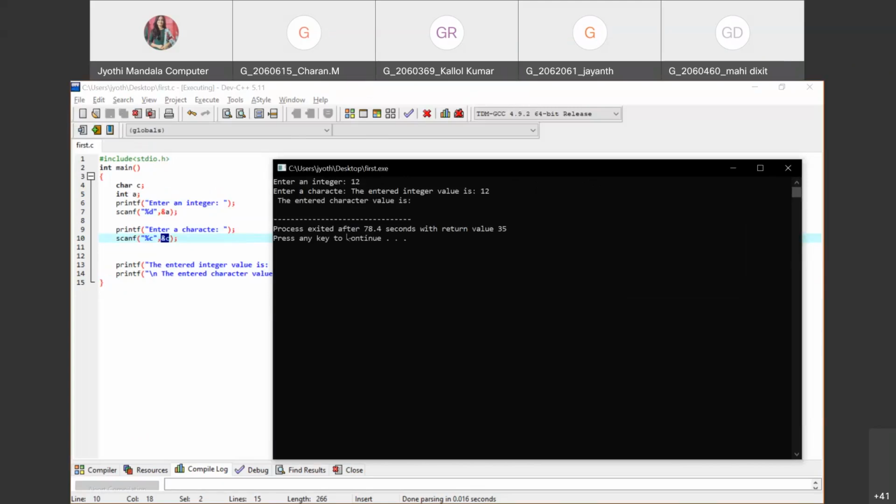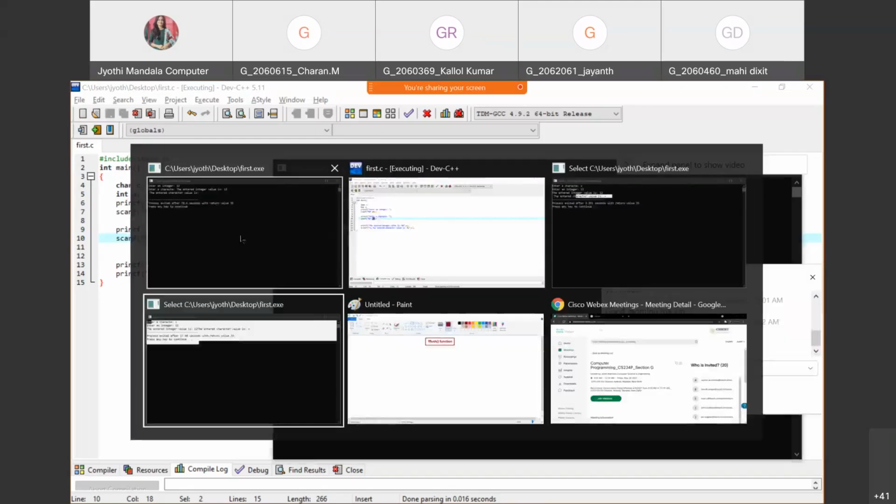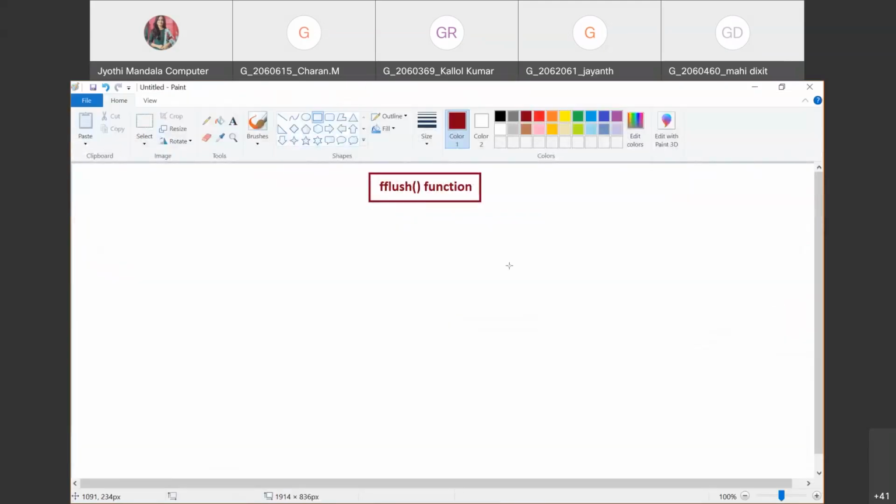So whenever you click the enter button, that value will be stored in here. So it will not ask for any new value, and that input will be displayed. But if you want to have the option of giving the value, then what you need to do is empty the input buffer where the enter character is stored, so that there will not be anything in that buffer, and it has to wait for the user to enter the input, right? So to do that task, we need to use this fflush function.